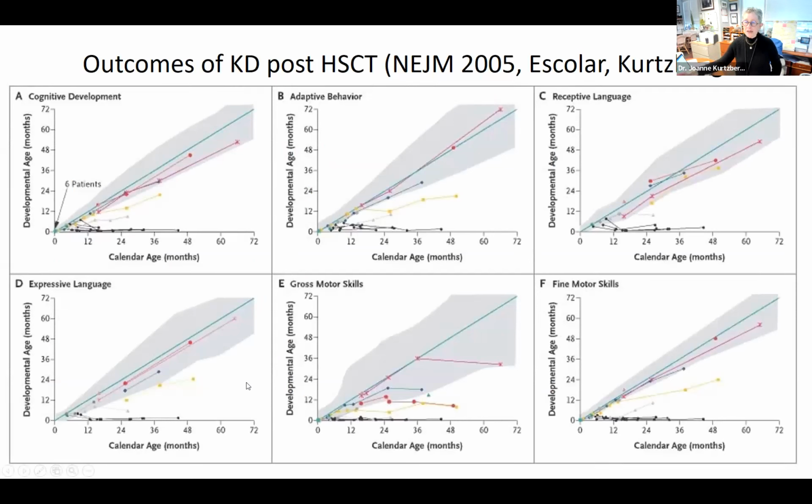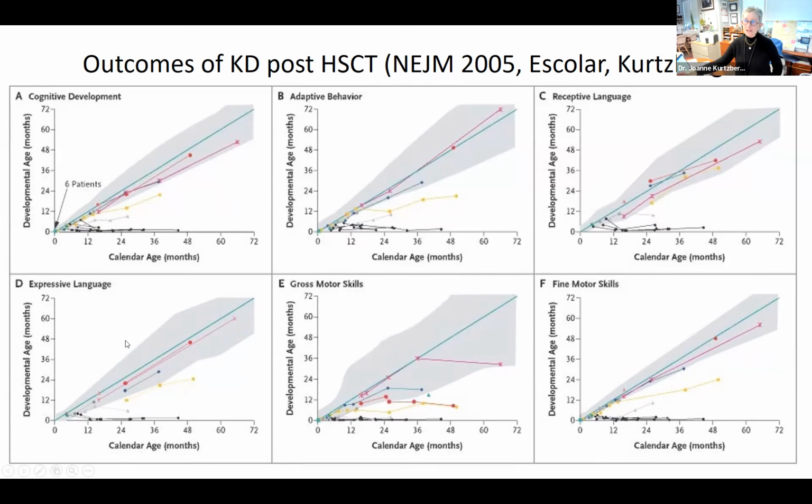Now, Maria Escolar and I published a paper in the New England Journal of Medicine in 2005 showing the initial outcomes of a group of babies with infantile Krabbe disease. And in those days, we didn't know that transplant before symptom onset was critical, but it was proof. So there were babies in this group who had symptoms and were in the neighborhood of 3 to 9 months of age, or babies who were newborns because of a family history and were picked up early in pregnancy and